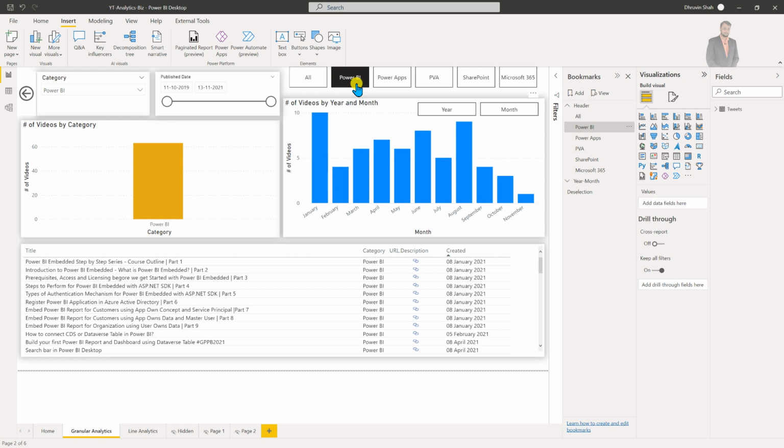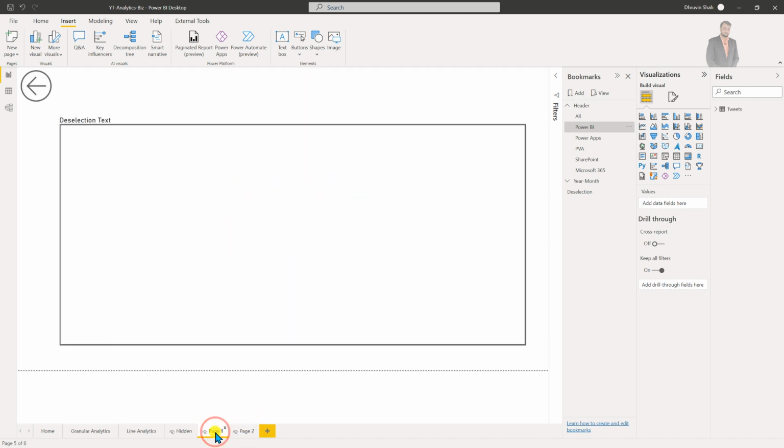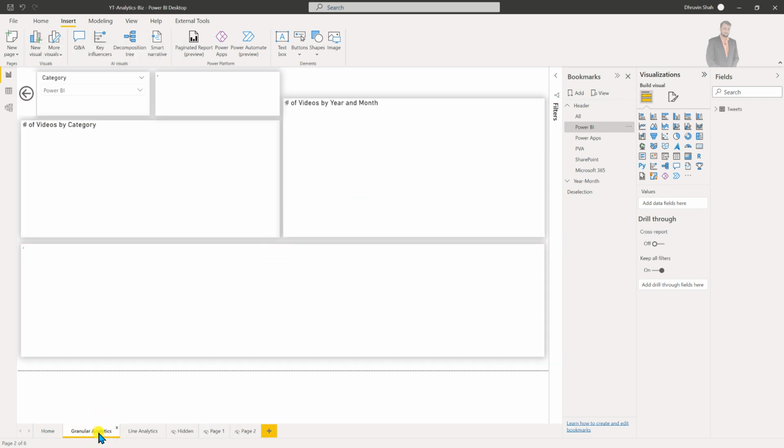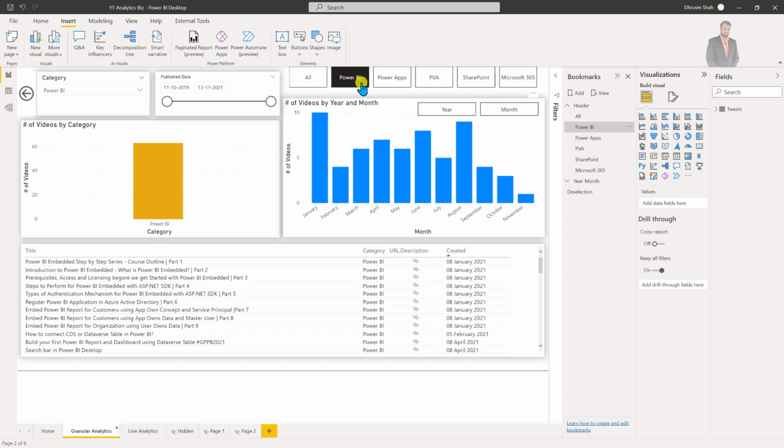For that also you can create one more page and configure the deselection property for your bookmark. So let's say I'm deselecting this and at that time I created one more page and took the bookmark for that, called deselection text. And now what I want to do here is whenever a user deselects this particular bookmark, it should show that page.